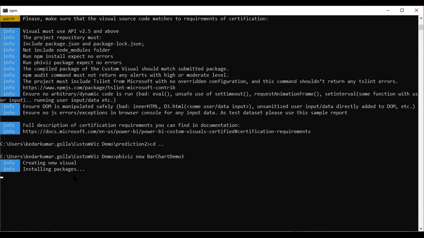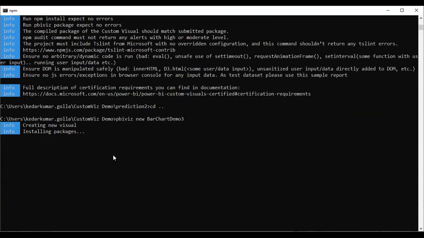It is creating the base templates and packages that are required. Using TypeScript, it needs more packages. That's why it is taking a little bit more time than the previous time we ran this.